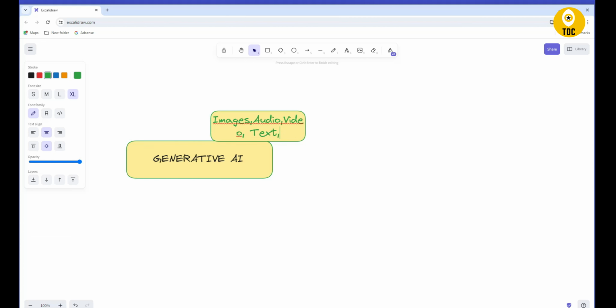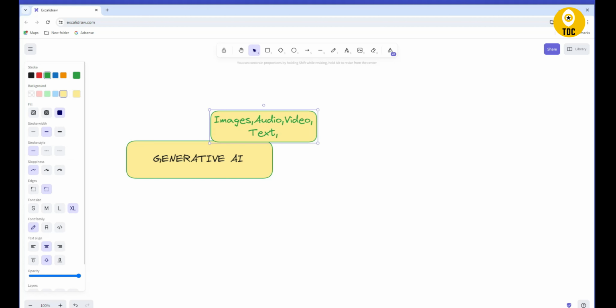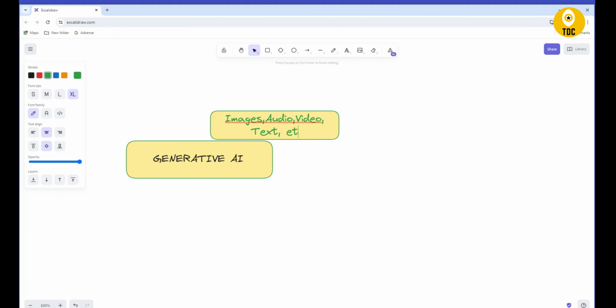All this data it can generate. It is generating using its own knowledge of artificial intelligence, using creativity, and it has its own knowledge base and its own trained models. Based on that, it generates the audio, video, images, text, etc.